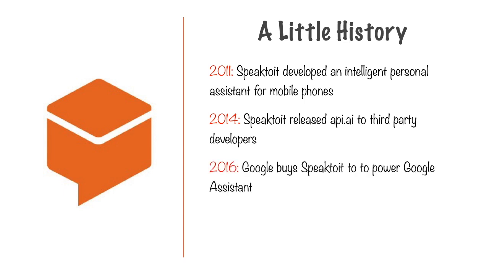Because SpeakToIt's technology was cool, Google in 2016 realized that SpeakToIt could be used to power Google Assistant. You might be familiar with this assistant on your phone, which is enabled when you say, OK, Google. This is if you have an Android phone. The API.ai SDKs and libraries are still available for third party developers to use. Now, this is how it continued till very recently, that is October 2017. This is when API.ai was renamed to Dialogflow.